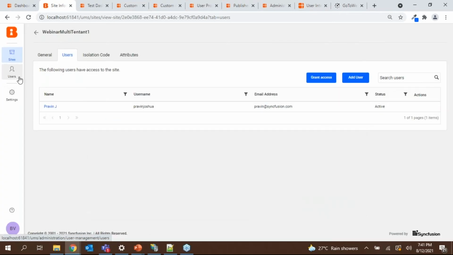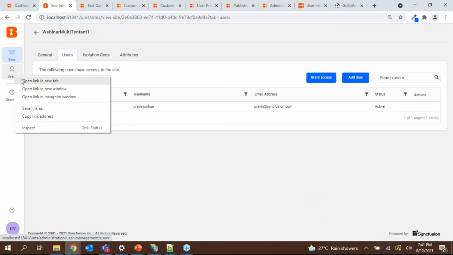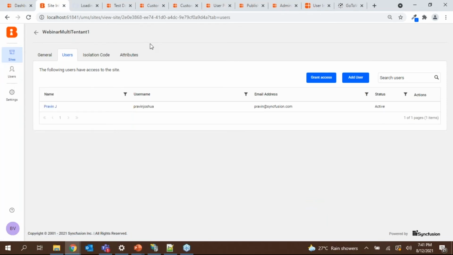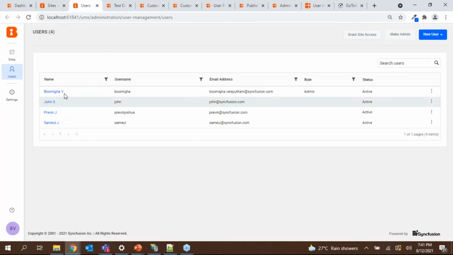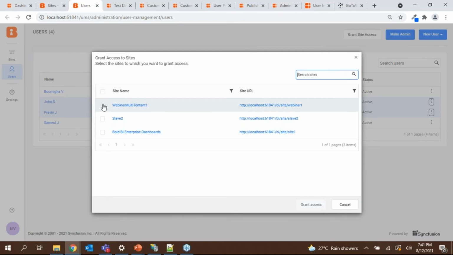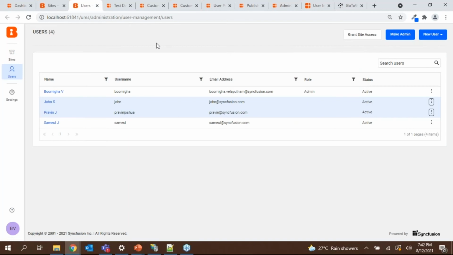Either you can add users in this option, or else you can add a specific user to different tenants also. Let me show you that. Go to the users option, and there you can find who all have been added to the Power BI application. Here you can select multiple users or even a single user and provide the site access. Whatever tenants they need to access, you can provide a single user with multiple tenant options. So that's how to manage users in different tenants.